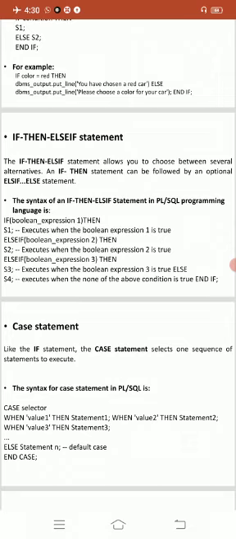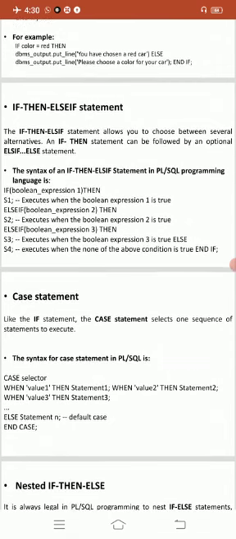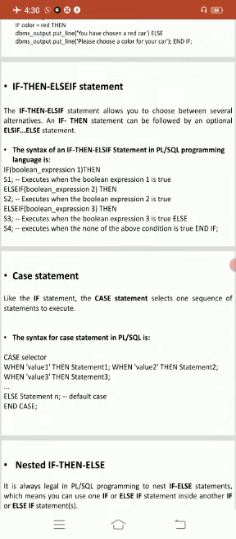An if-then statement can be followed by an optional else if and else statement. Okay, fine. The syntax for the if-then-else statement is: if Boolean expression 1, then